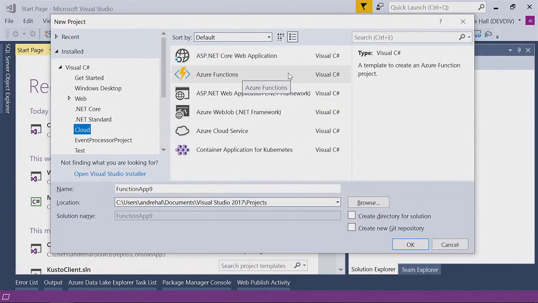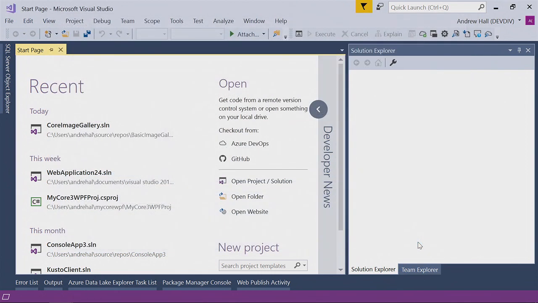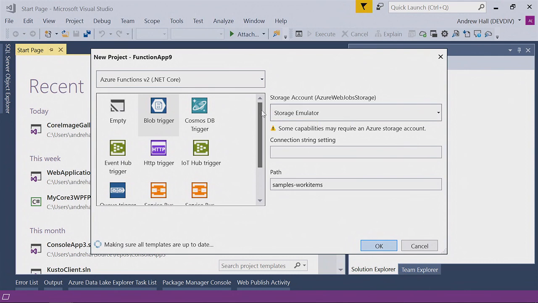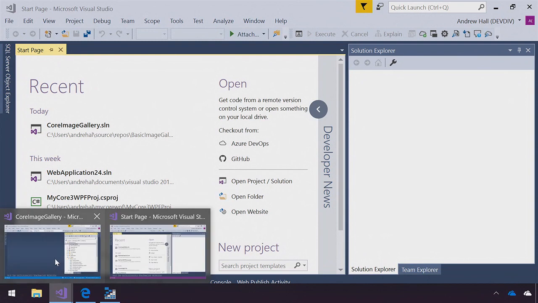All right, so I want to start off by just talking about how we would add an Azure Function project here. I have one created, so we'll go over it in a second. But in the new project dialog, we have a cloud node under the Visual C# node. And so Azure Functions is the second project in there. When I select that, it would pop up and give me options for the various trigger types available. I mentioned it's event-driven, so there's a lot of good logic built into the Azure Functions runtime that lets me automatically wire up a trigger, and the runtime does all the heavy lifting for me about creating the objects and things like that. So we'll show that here in a second. I'm going to go ahead and cancel out of this and hop back over to our application in Visual Studio that's ready to go here.